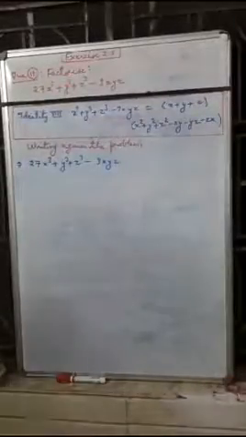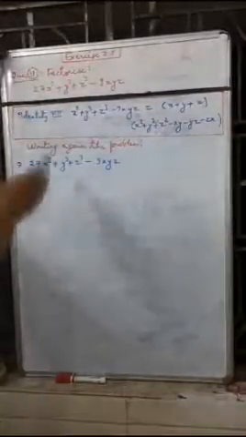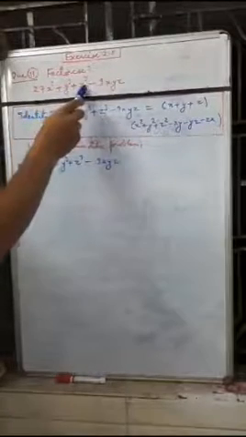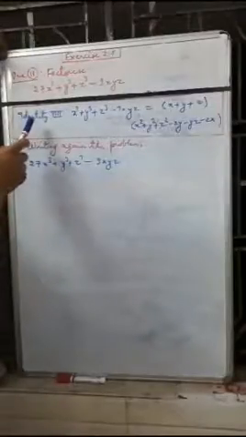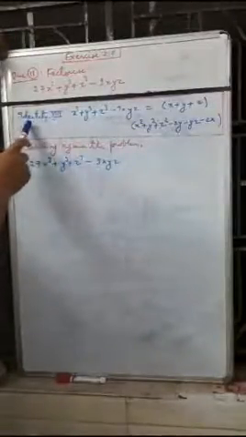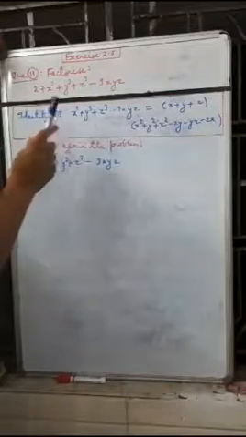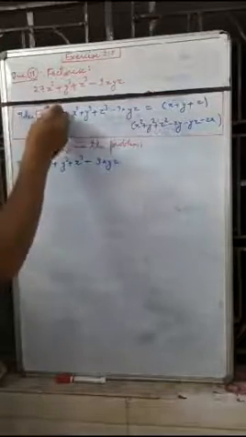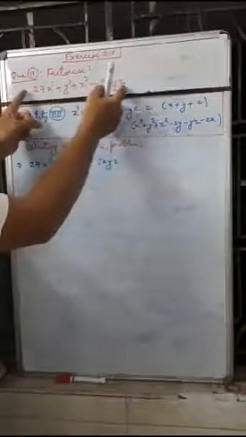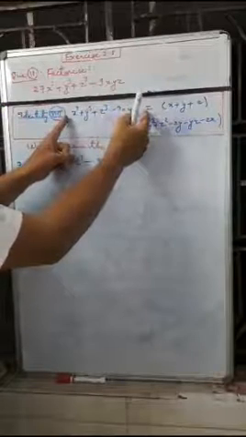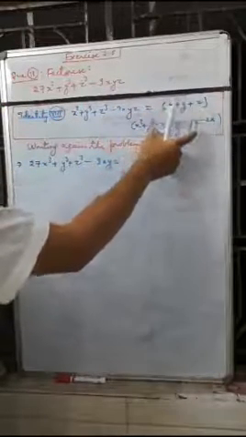Students, now we are having question number 11: 27x cube plus y cube plus z cube minus 9xyz. So we have written at the beginning of this exercise identity number 8: x cube plus y cube plus z cube minus 3xyz. So this question is in the form of this identity, or we have to convert it into the form of